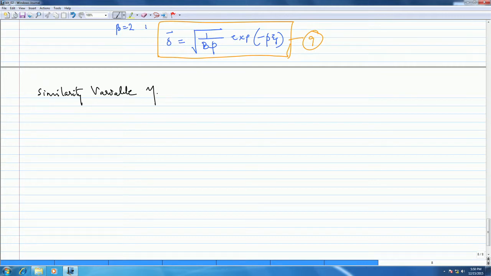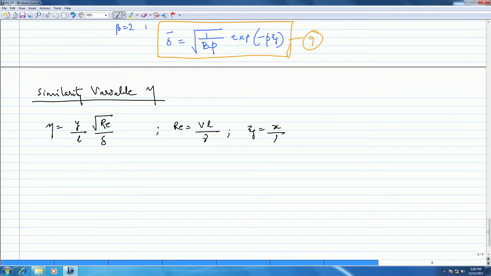Similarity variable eta, right? So what we're going to do here now: eta is equal to y by L, under root of Re by delta, where of course Re is VL by nu, and zeta is equal to x by L. Right, we know that. So then eta can be written as y by L, under root VL, under root nu, under root,